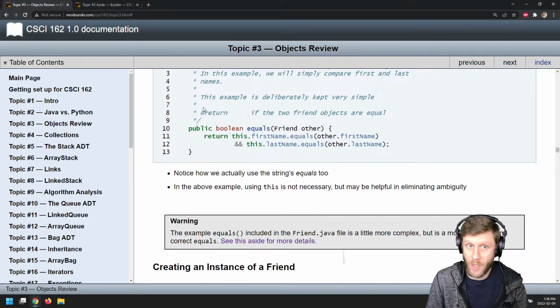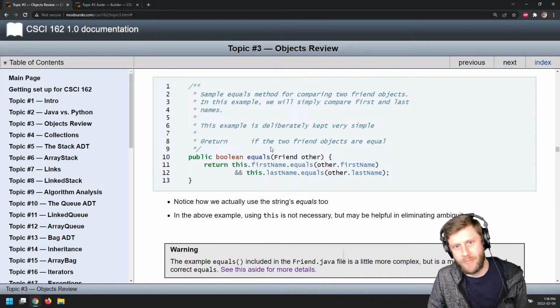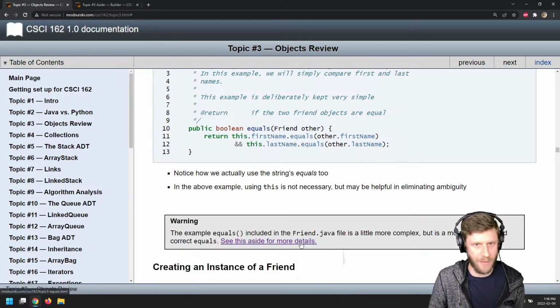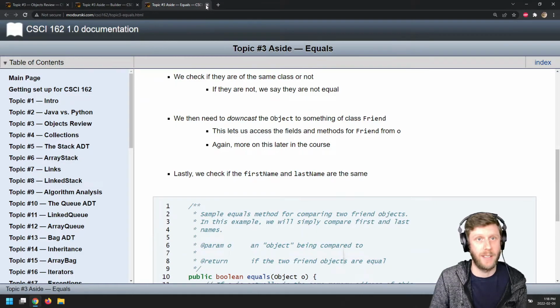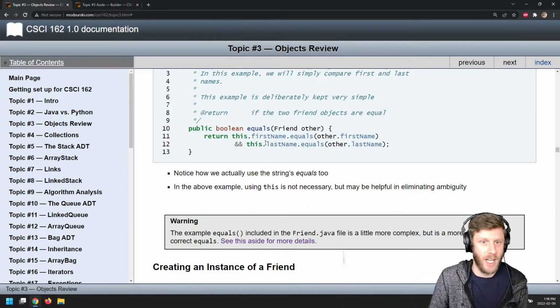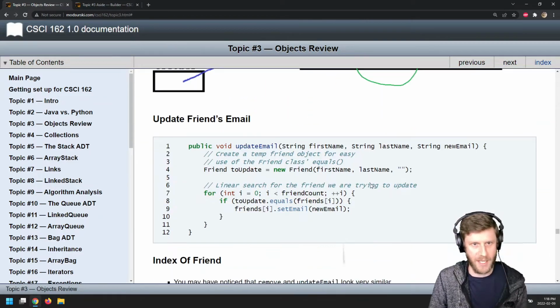But we did know that the equals method we wrote was not a completely correct one. There's a better way to do it, and you can see the aside here for more details on how to make a better equals. But just a note, another aside I have down here is with the